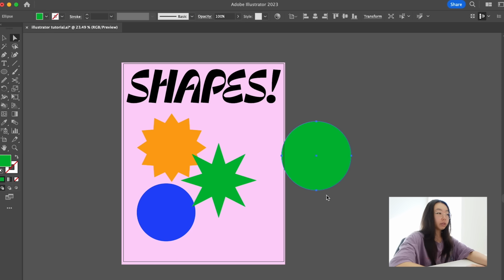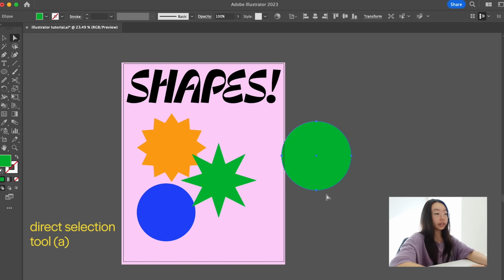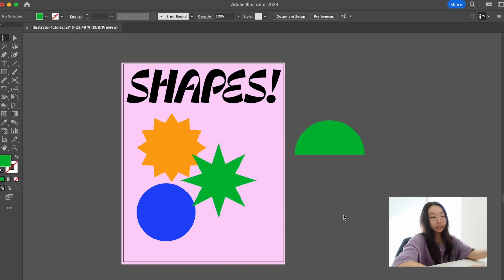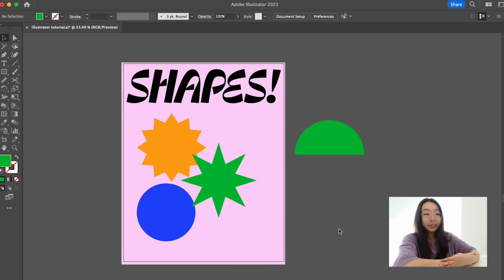like an arch. So what I'm doing is I'm taking the direct selection tool or shortcut A and then deleting half of the circle. And there are many ways to make an arch. You can make a square and a half circle and connect them together. You just have to make sure they're the same size. Or you could do it the way I'm about to show you, which is probably less efficient, but I'm just